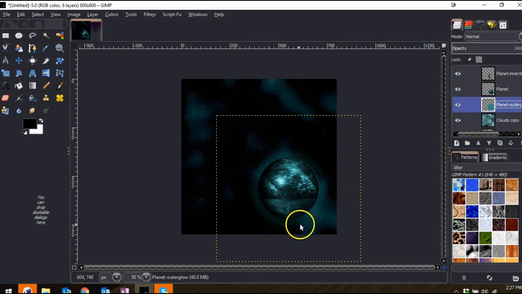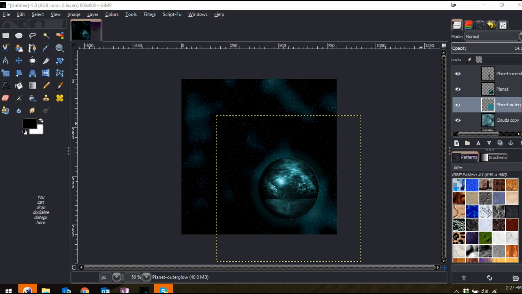It kind of depends. But see, you can see it just in here. That's where you can really see it, and up here. So it depends on how much you want there. I like it because it just makes it pop out a little there. All right. So the next thing we're going to do is the lens flare